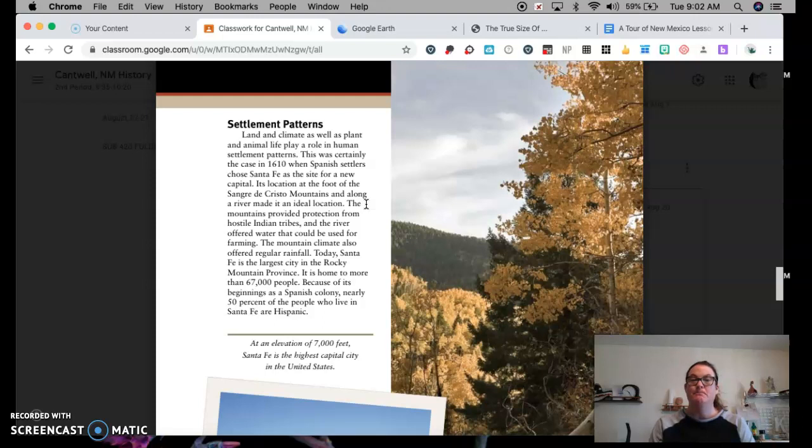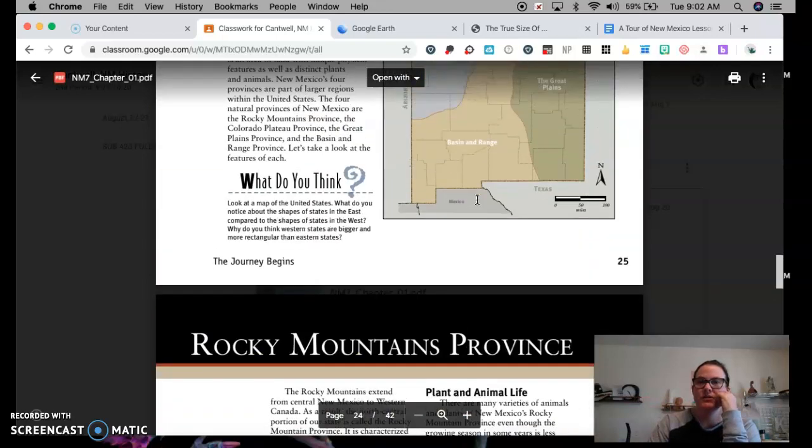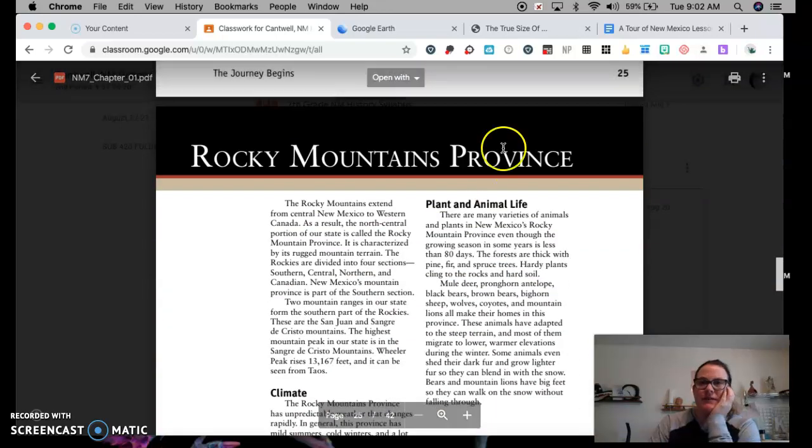So I will try to find a picture and show you guys that tomorrow of a 1610 Santa Fe, so you can see how they were protected on this side, and then they were settled here, and then the river was here. So I think we're just going to talk about the Rocky Mountain Province today, but I wanted to